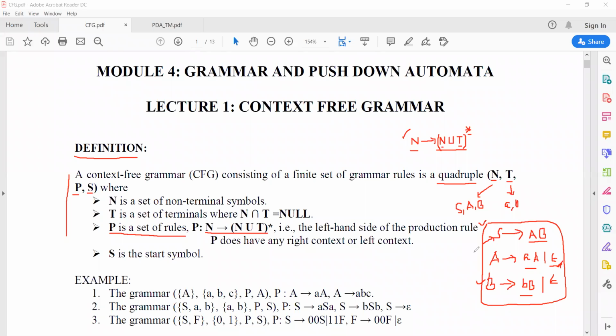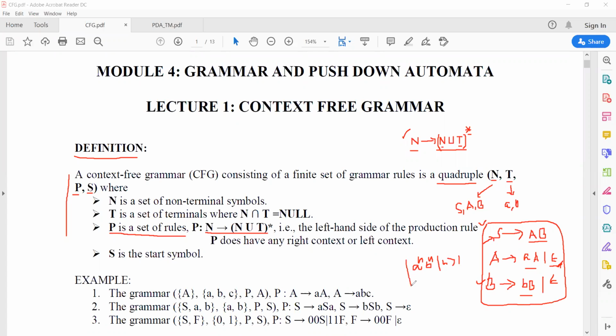If we take a recursive method, we will find it will obviously be a to the power n and b to the power n, where n is greater than 1.